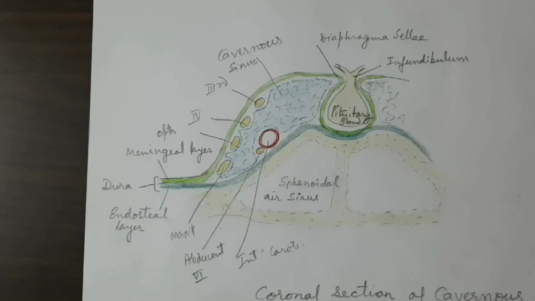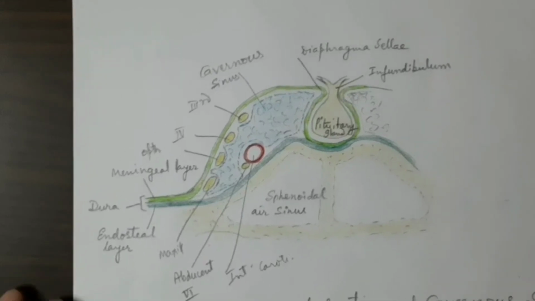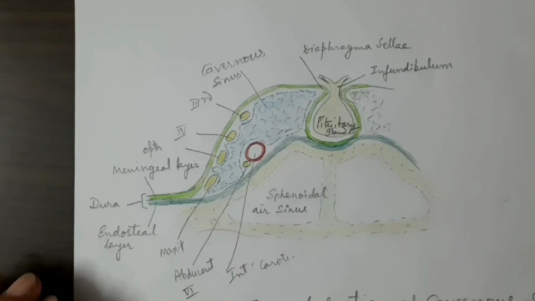The pulsation of this artery through this pool of blood will be felt in the eyeball. So the eyeball will also start pulsating, and that is called pulsating exophthalmos. Arterial pulsations are thus transmitted to the protruding eyeball, and when you see a patient whose protruding eyeball is pulsating synchronously with the heartbeat, that means there is some rupture of the internal carotid artery as it is passing through the cavernous sinus.